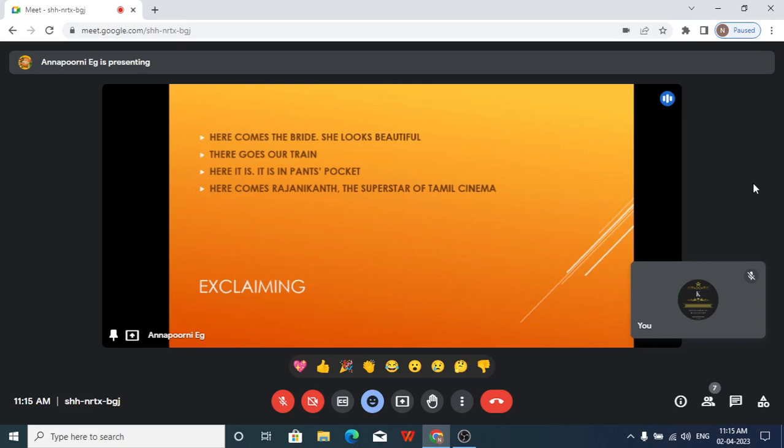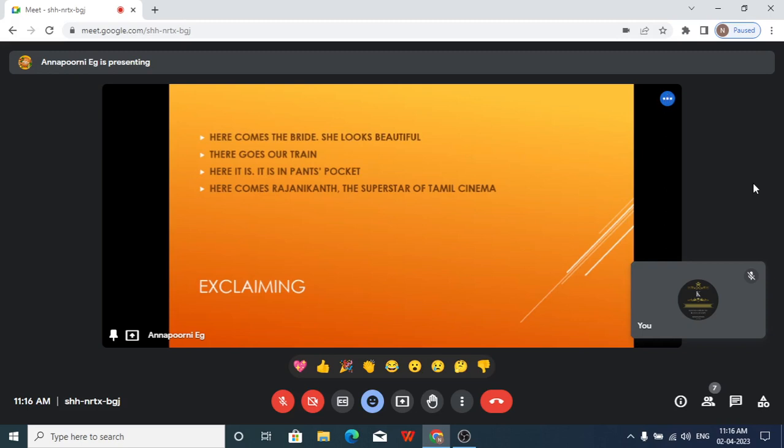Immediately after saying this sentence, the way I am pitching, that is the pitch of my sound, is varying. The way that I spoke this sentence is in a high pitch. So from this you can understand that we can also do exclamation without using exclamatory words. It is not always necessary to write an exclamatory sentence using an exclamatory word like wow, oh, yay. Even without that, we can do it. So when the bride is coming, she's all set, she looks gorgeous, she's a perfect example for a bride, and she's stepping down, and I'm looking at her and saying,